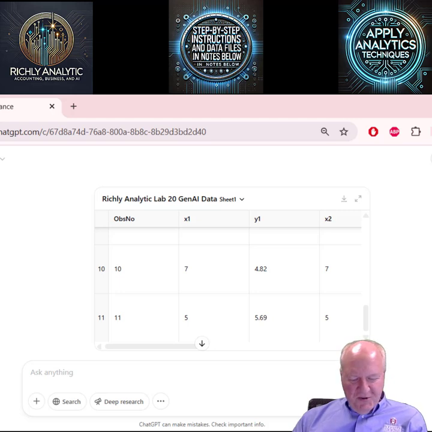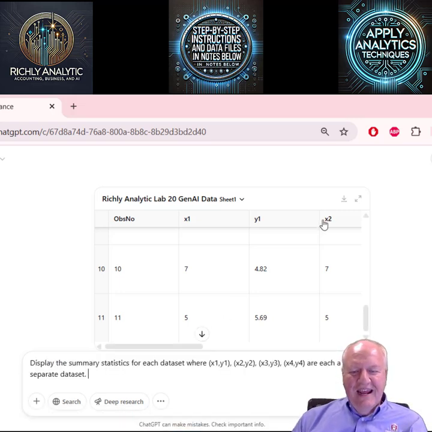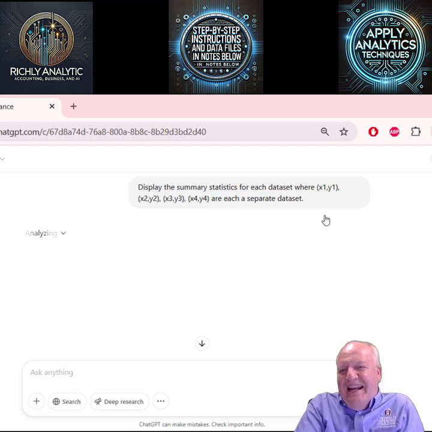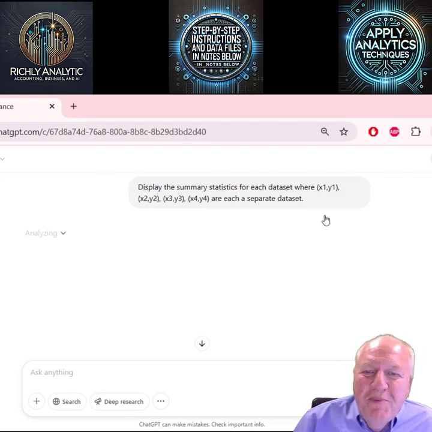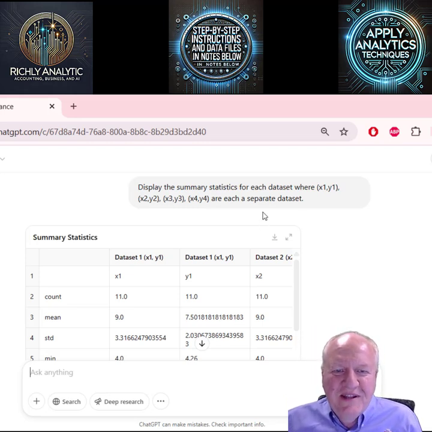Just to make sure we have the right data before we leave the data portion, I want to display the summary statistics so you can start to see that they look identical to each other, and for me, to make sure I got the right data added in. I said each of these is a separate data set. I probably could have been more explicit and said this is data set 1, but it looks like it's doing that for me.